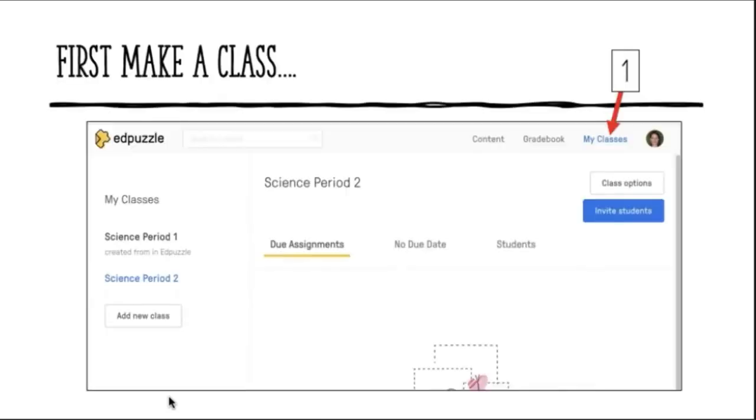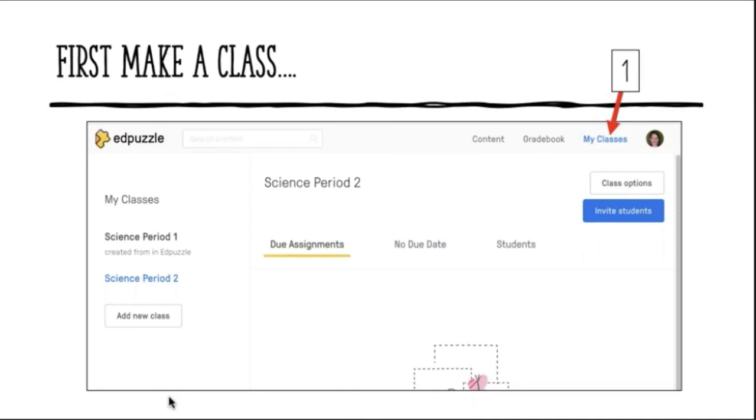So what I want to do right now is practice. I want us to actually make an Edpuzzle. Before we do that, we need to make a class. I want you guys to be logged in, and you've got these step sheets I gave you. They're not any different from what I'm about to do up here. It's more for you as a takeaway for when you're doing this on your own later.